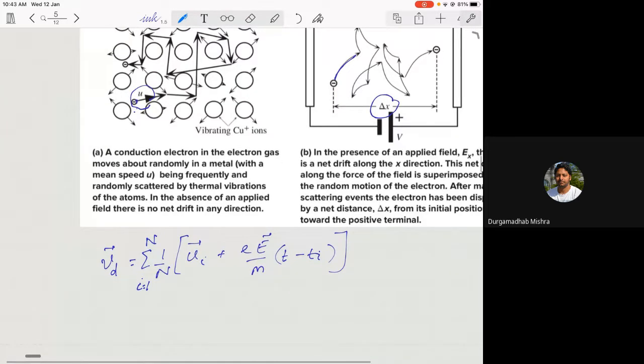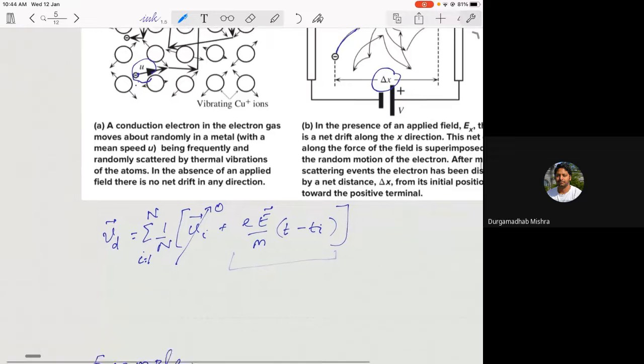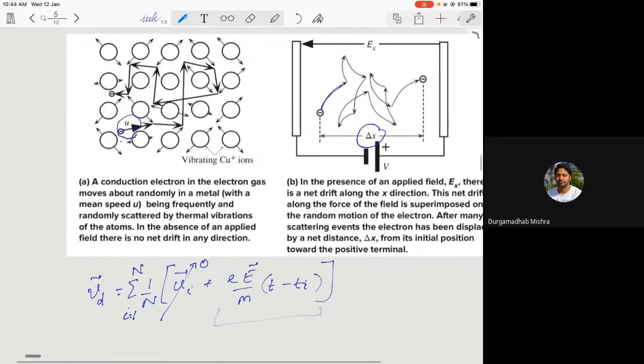If you do that, look at this, the first term will be always zero, because we are averaging over all the instantaneous velocities, which will always be zero. But the non-zero contribution will come from this second expression, which we can write down as